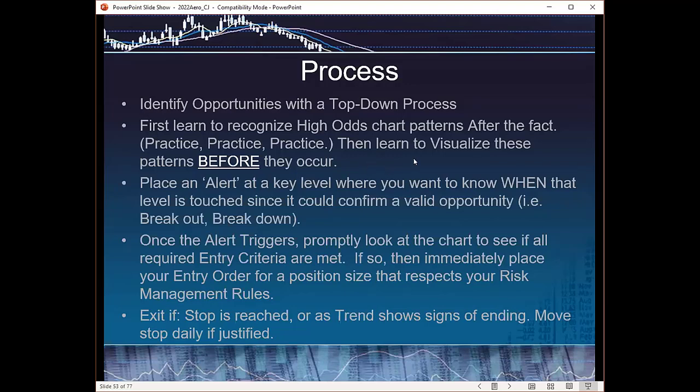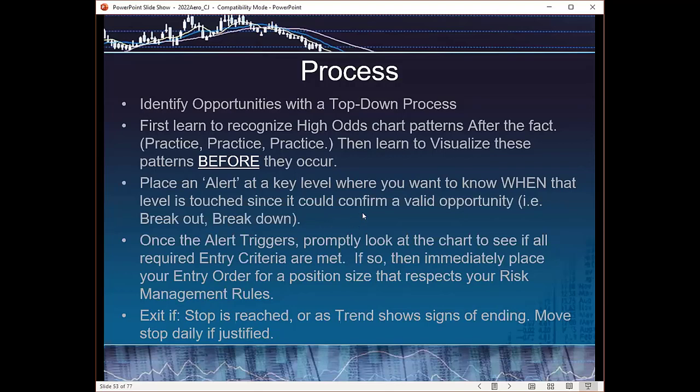So this is where my key edge comes in overall in the long run, is implementing what I believe, and again, it's a belief, that from the technical analysis and high odds chart patterns, I have a higher odds of that trend resuming than reversing. And we'll see examples in a few minutes.